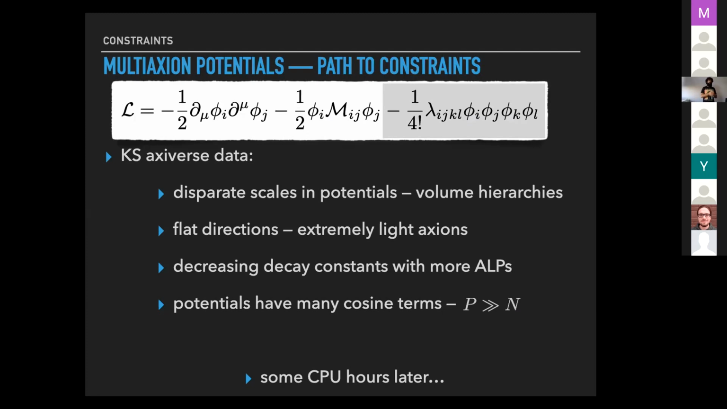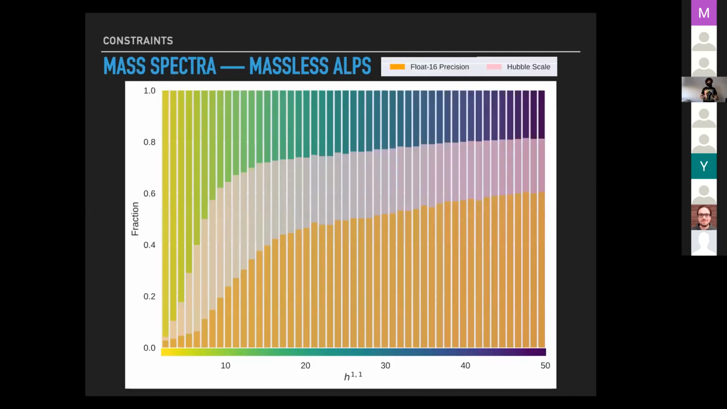Okay, so we've crossed most of the hurdles. Now what we can do is throw our large data set, up to H11 equals 50, which is approximately 50,000 different axion potentials, at a cluster, and several CPU hours later, it can tell us something about the mass spectrum. So for starters, the fraction of massless ALPs